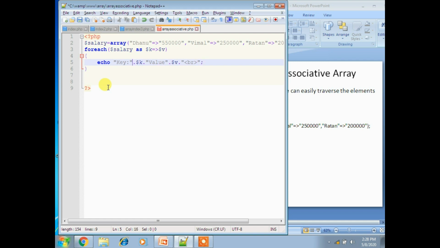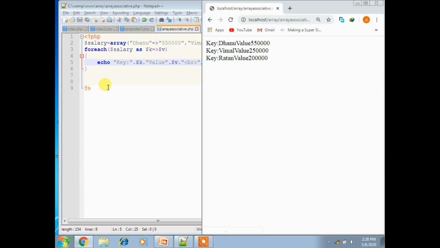For this string I am placing it in double quotation. For appending the variable I am using the dot operator. Now save the program and refresh this. You'll get a value. So the key is Danu. K means here it takes the first part, so Danu like that, and the value it takes like 5,50,000. So that is how traversing of a PHP associative array works.